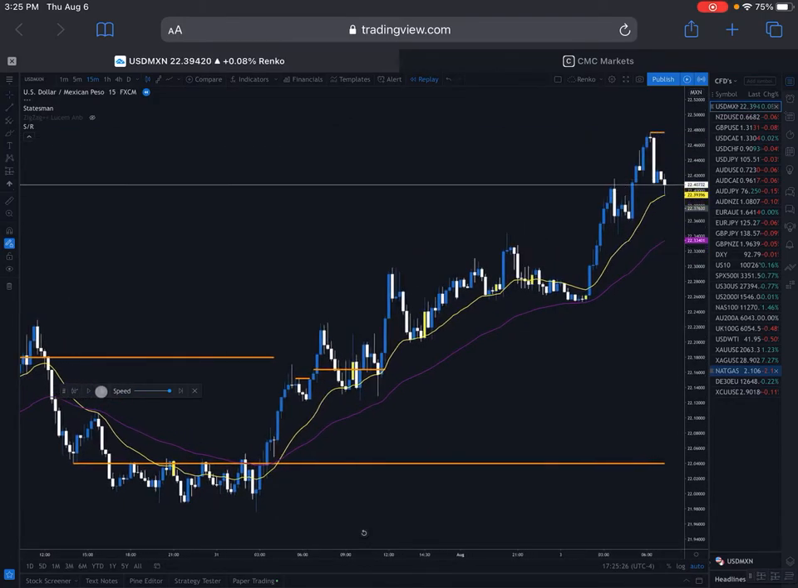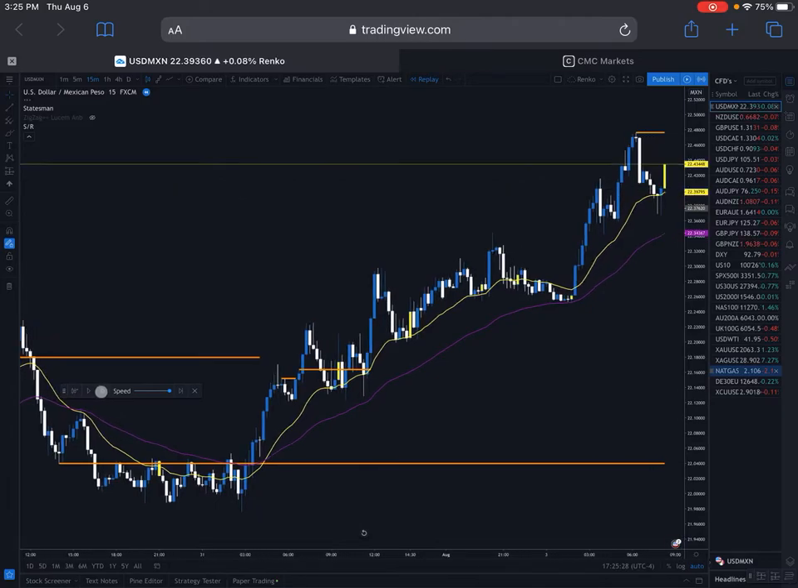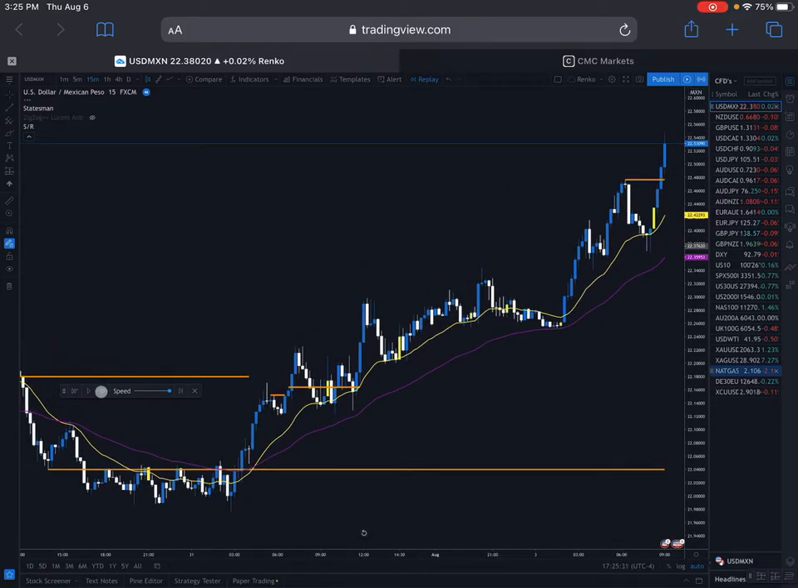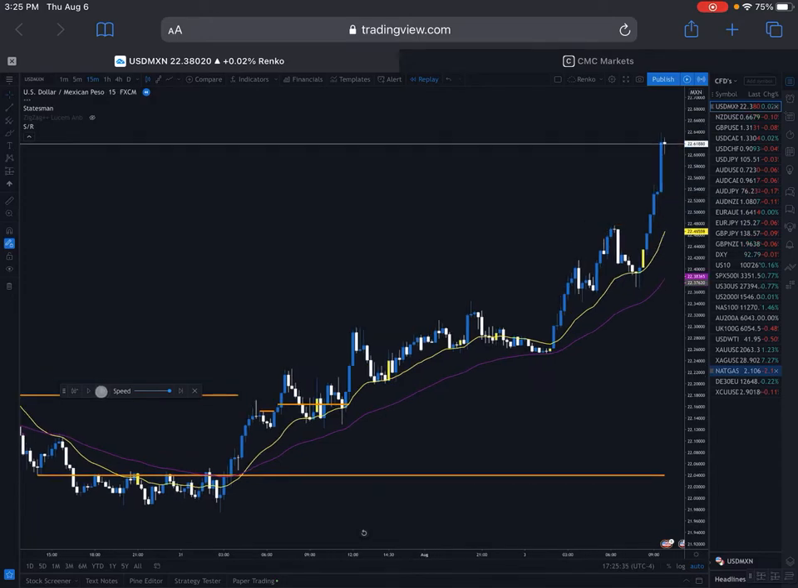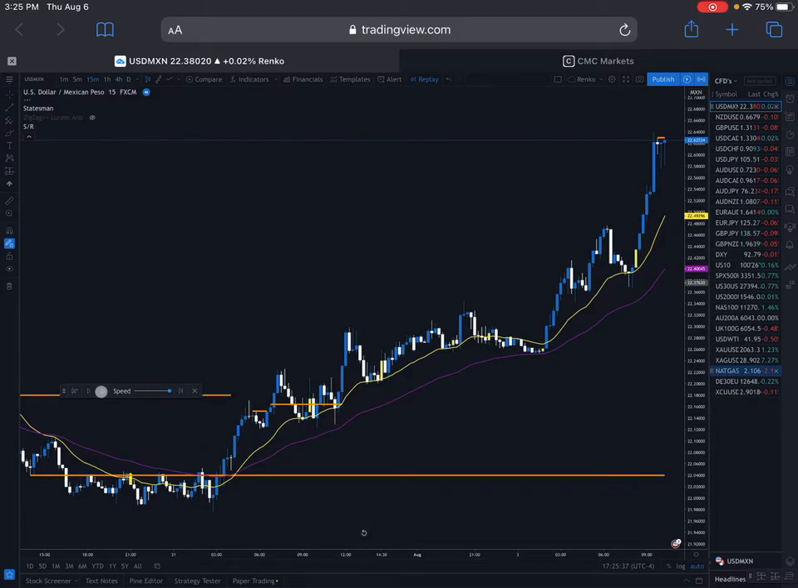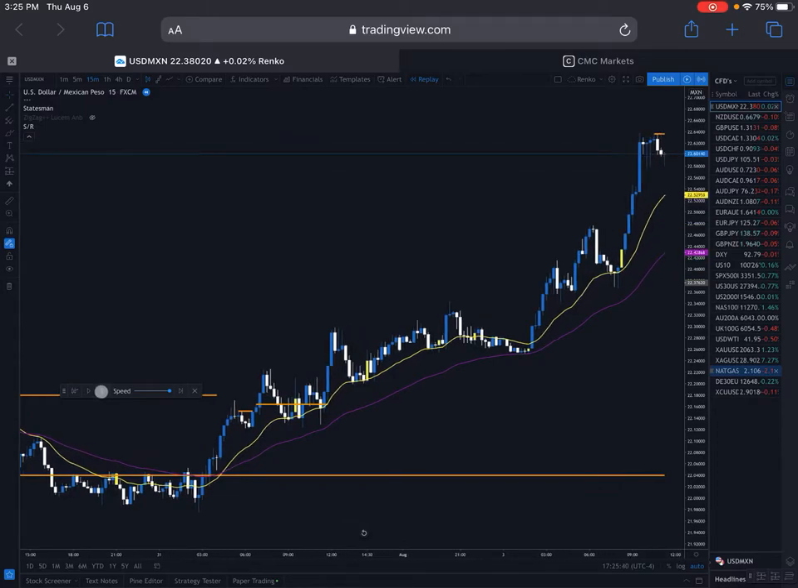Then it came up and hit the target. So at this point, I'm out of the trade now. That's a great trade right there in my books. Now the next trade,